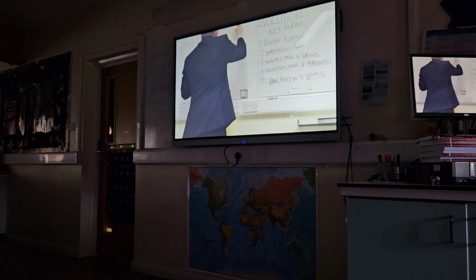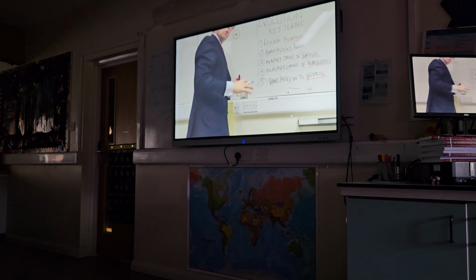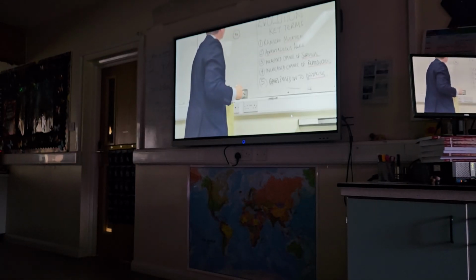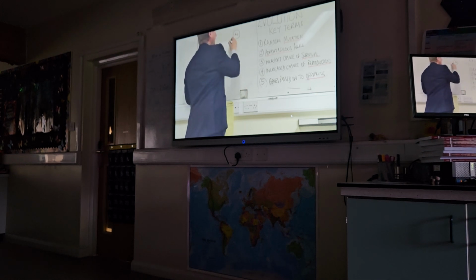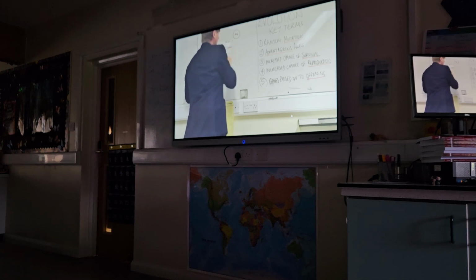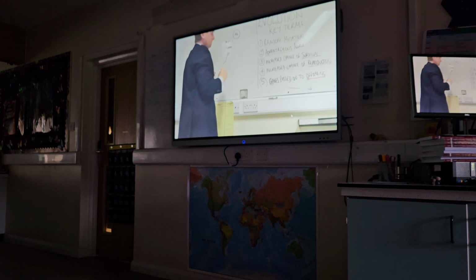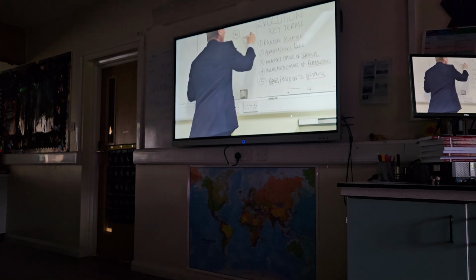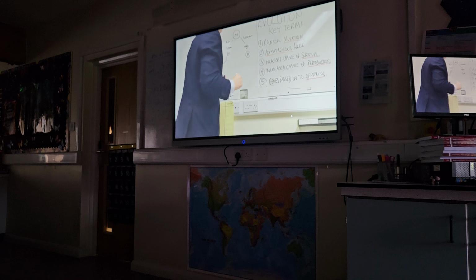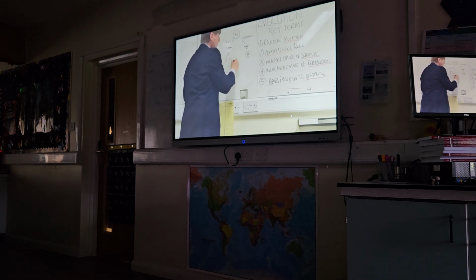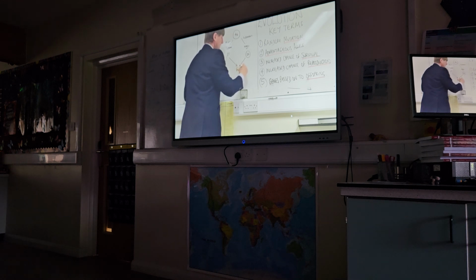Every one of your cells has 46 chromosomes. That gives you all of the genetic information for your body. And then when you become sexually mature, if you are a man, you produce sperm, and these sperms have 23 chromosomes in them. And if you are a woman, in the ovary, you produce eggs, and these eggs have 23 chromosomes. And these two will come together in a process called fertilization.